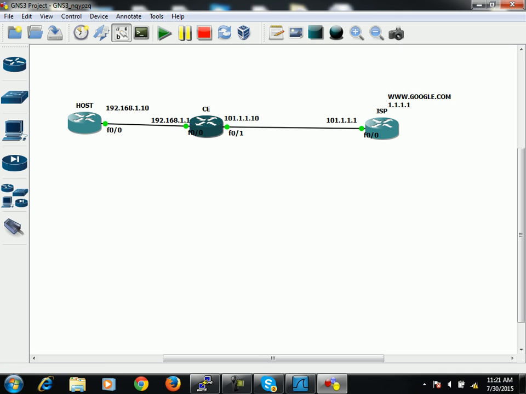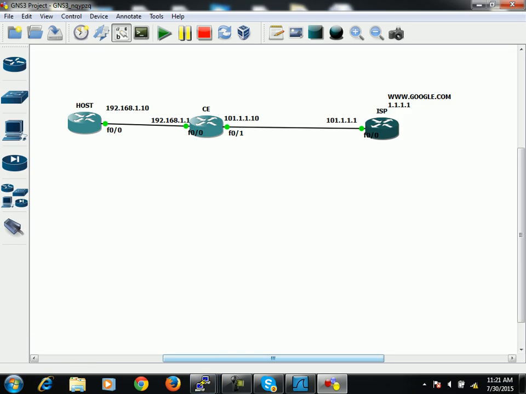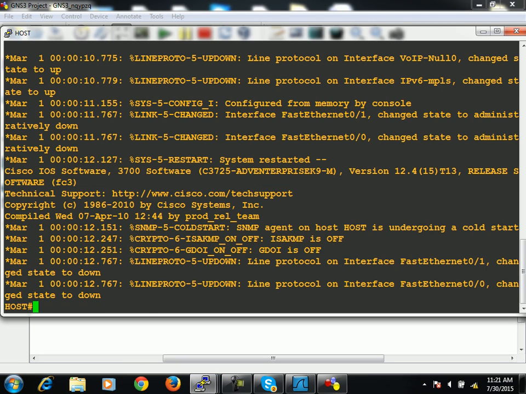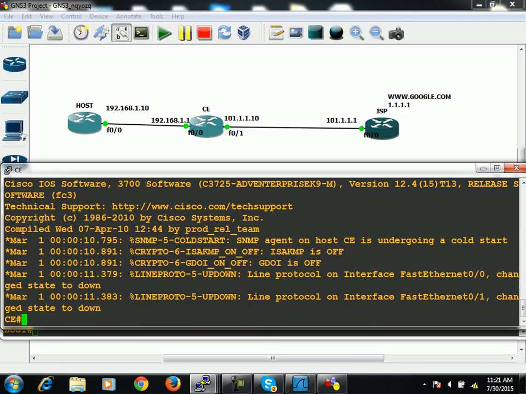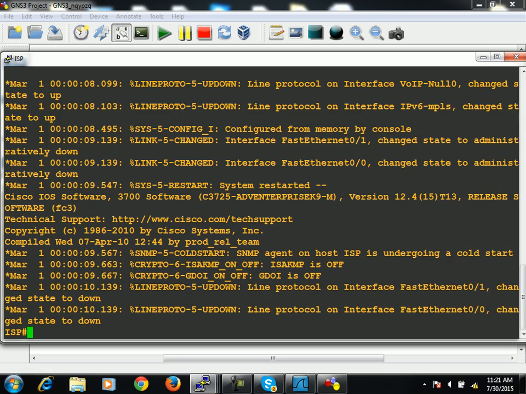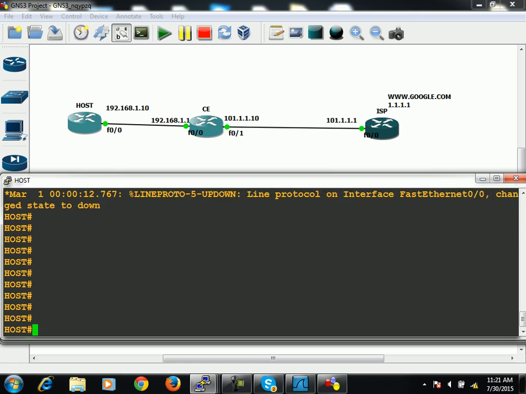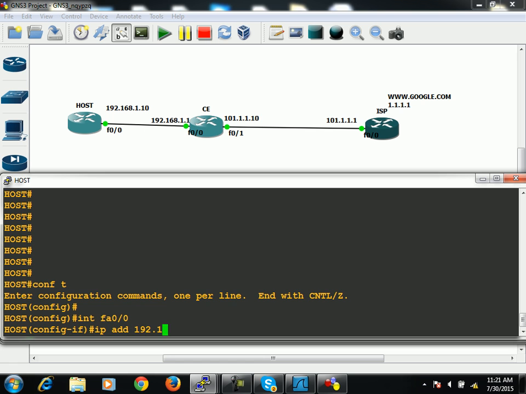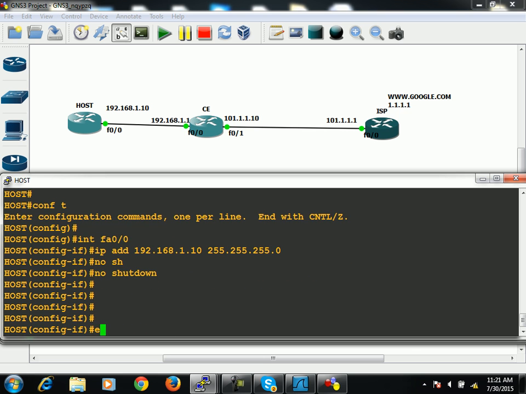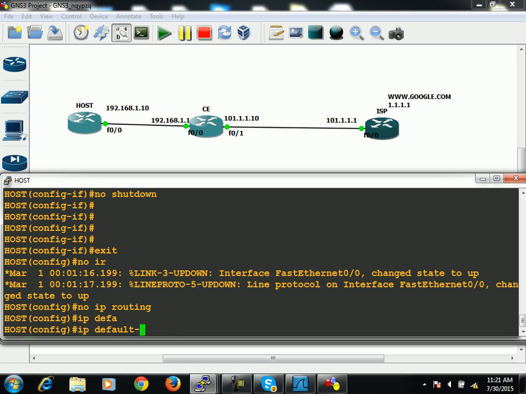Customer edge, and also ISP. This is your host. F0/0 IP address is going to be 1.10. New IP default gateway is going to be